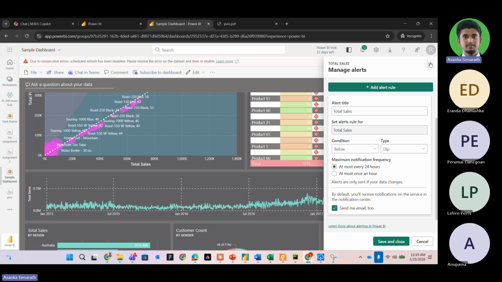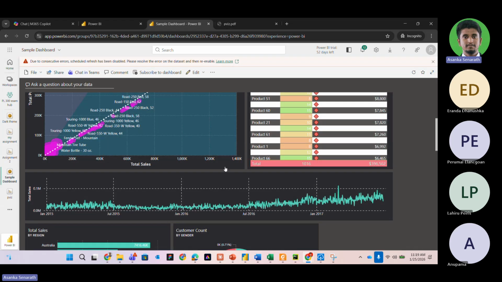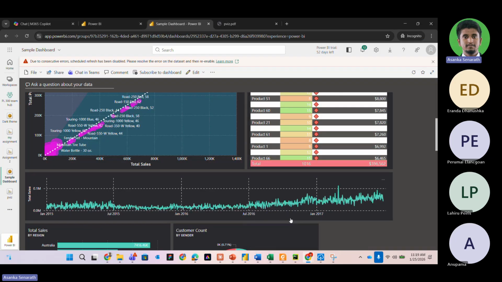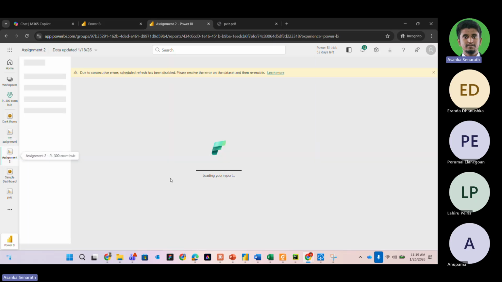There's another way you can set an alert as well, but that option is not being given to us, right? So there's another way of creating an alert. You can actually pin at the report level as well, right? If you go to the report level, the options are much higher compared to the dashboard level, right? So if I go to this one,